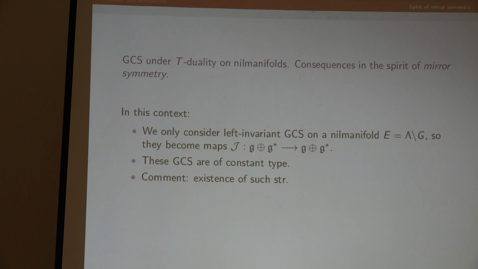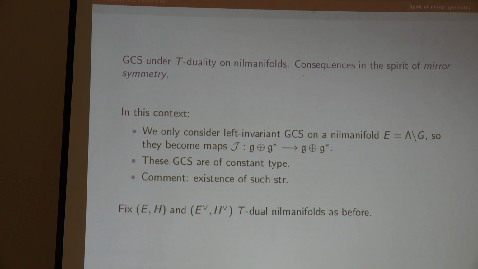And now we would like to study this T-duality for nilmanifolds in the spirit of mirror symmetry. I mean, I would like to understand the symplectic geometry on one side by complex geometry on the other side, and vice versa. Okay. For the nilmanifold, I can consider the infinitesimal structures in the Lie algebra. Maybe even in nilmanifolds, there are nilmanifolds that do not admit a complex structure or symplectic structure, but